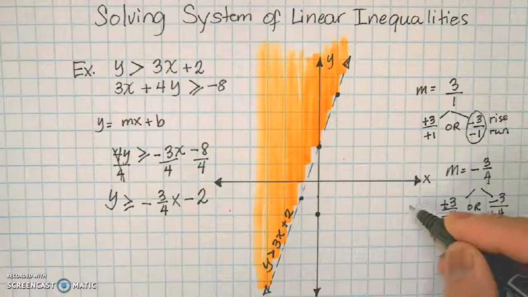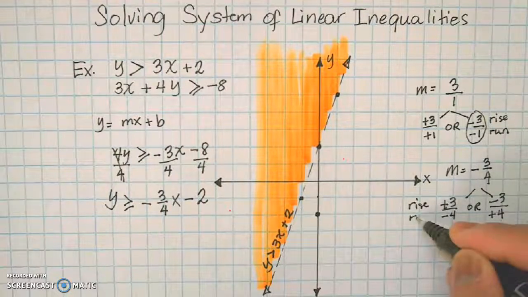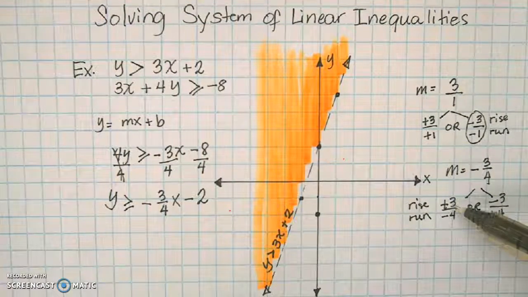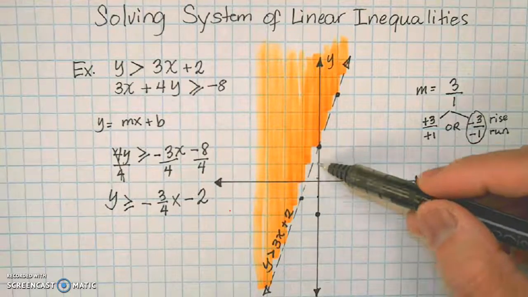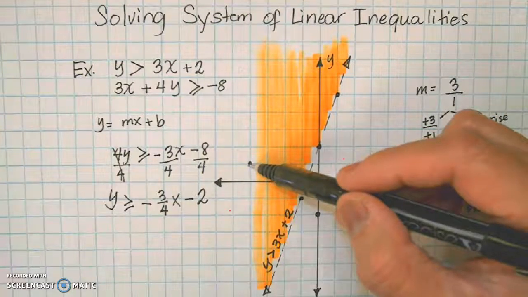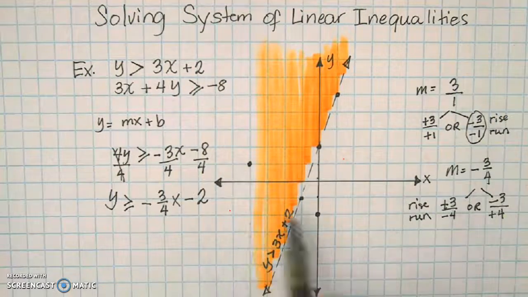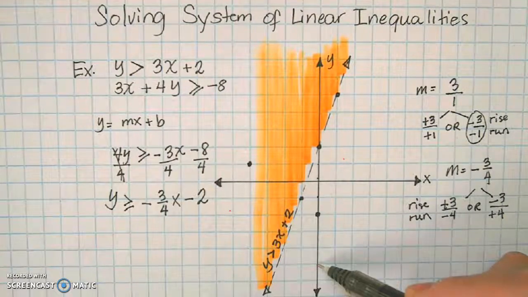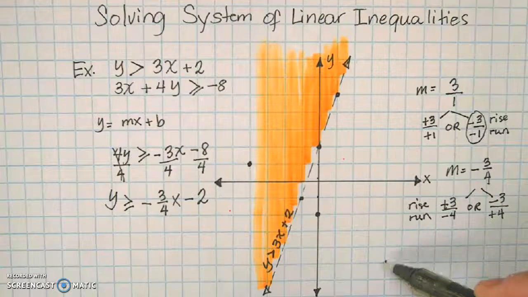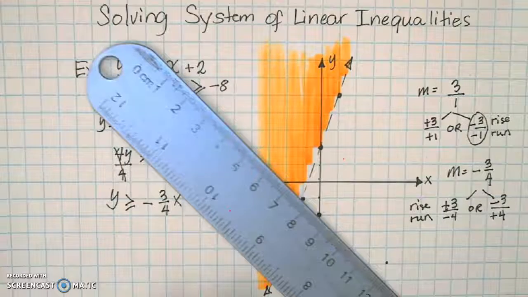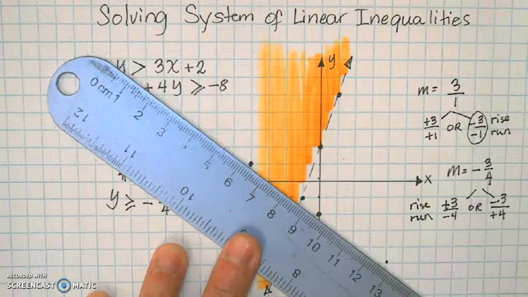So now let's use this for a rise and run. Let's use both. So from here, we are going to rise 3, 1, 2, 3, and run negative 4. So 1, 2, 3, 4. This is your point. You can now connect the dots, but I still want to use this. So negative 3, that means down, and 4 to the right. 1, 2, 3, 4. 1, 2, 3. Okay. You are going to connect the dots,